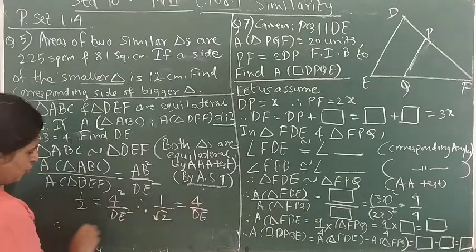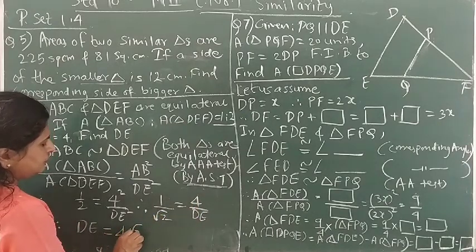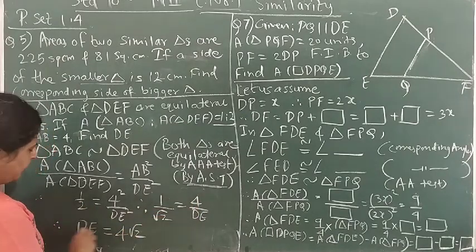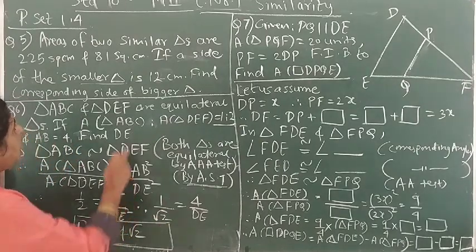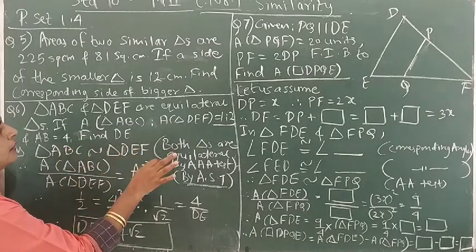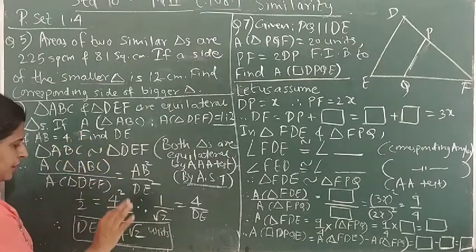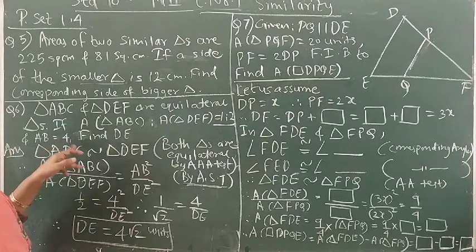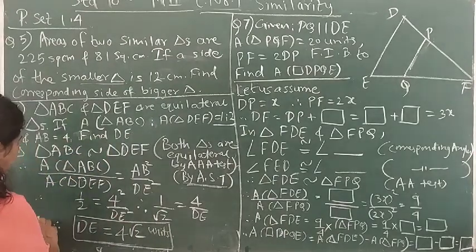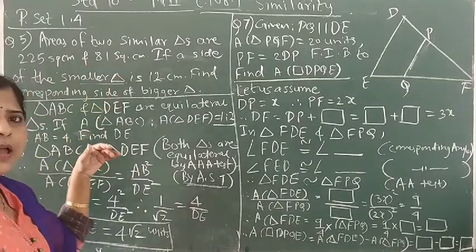And now let's do cross multiplication. So DE into 1 is going to be DE and this is going to be 4 root 2. So if the number is not a perfect square, you can write it under the square root sign and hence you can get the length of the side DE. As no unit is given here, you can just write unit. If the unit is given in centimeter or meter, you need to write that. As the question is find DE, that can be your answer statement. So like this we have solved question number 5 and 6.